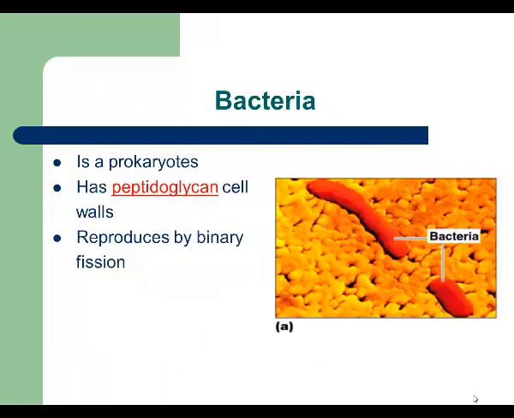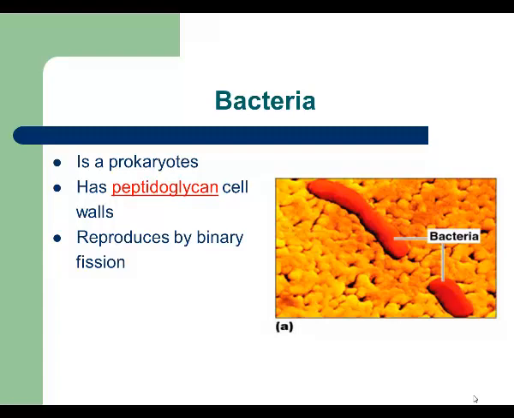Next we'll talk about main characteristics of all groups of microorganisms. And let's start with bacteria. You already know that bacteria are prokaryotes. They have no nucleus. Also, you have to remember that bacteria reproduce by binary fission. What does it mean, binary fission? It means bacterium grows, doubles its mass, and then divides in half and produces two new cells.